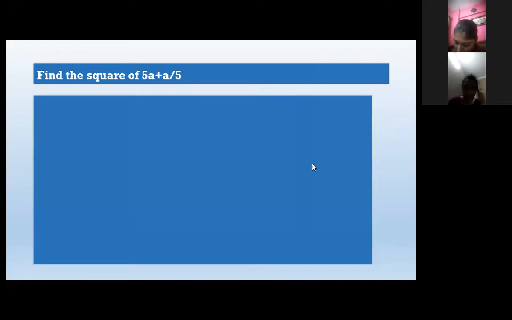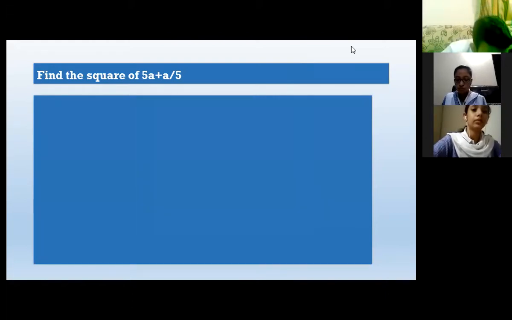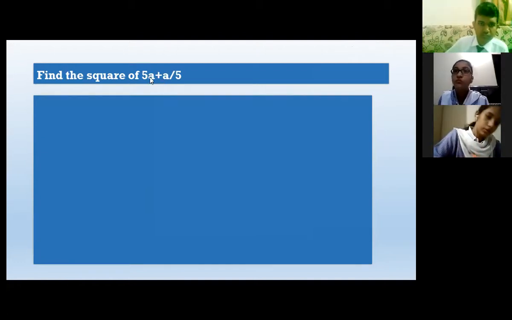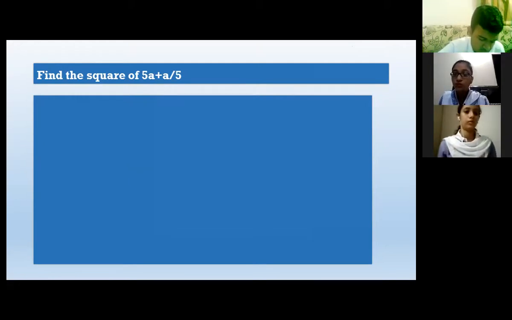Okay, Rida Rahim, I'm going to unmute you. Rida, which formula is going to be applied? x plus y whole square is equals to x square plus 2xy plus y square. Exactly. So we have to apply x square plus 2xy plus y square. Jay Kumar, bete, here we can see there is a plus sign between them. So why do we have to apply the minus formula over there? Okay, now it is clear. We have to apply the plus formula over there. Okay, Rida.